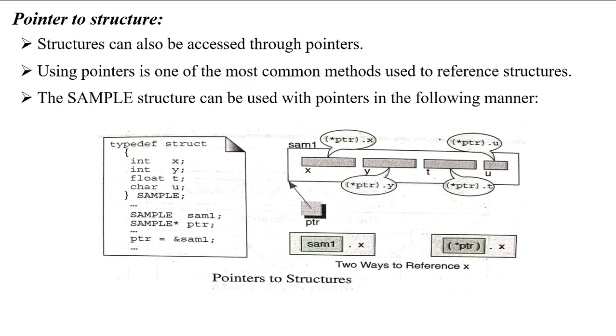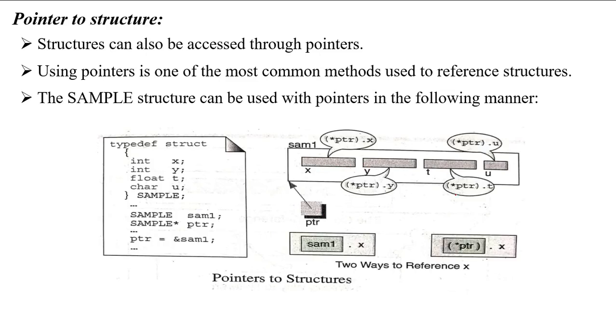Pointers to structures. Instead of declaring a structure variable like a normal variable, we can declare a structure variable as a pointer variable. Then how can we access the fields of that structure pointer variable? You have to use these formats. If this entire thing is your structure, and SAM1's address you are storing into this PTR, now using this PTR, how can you access